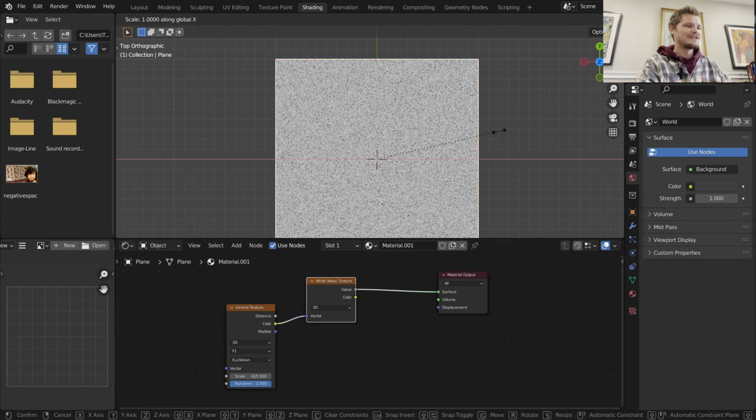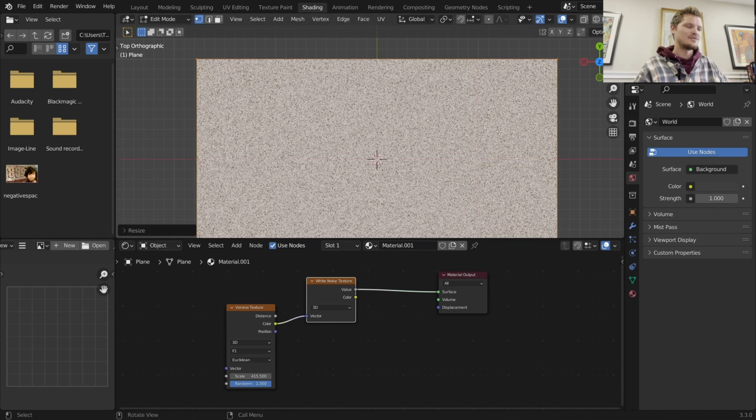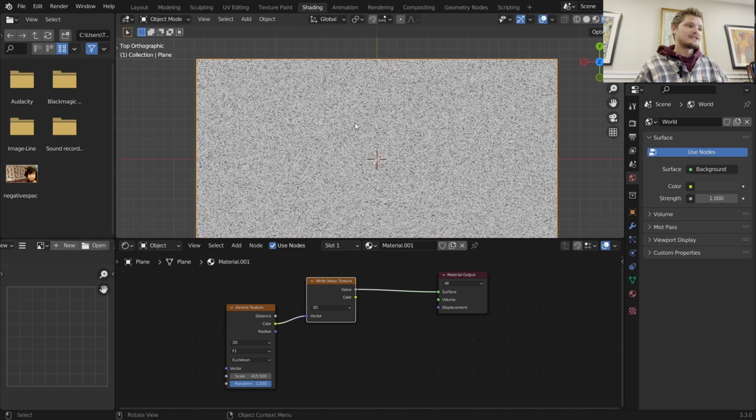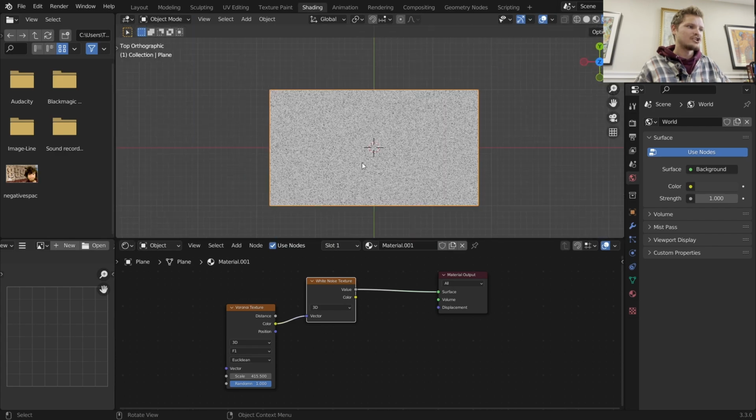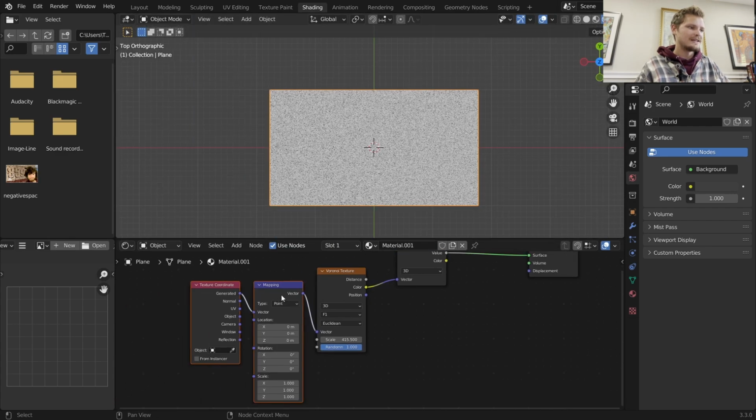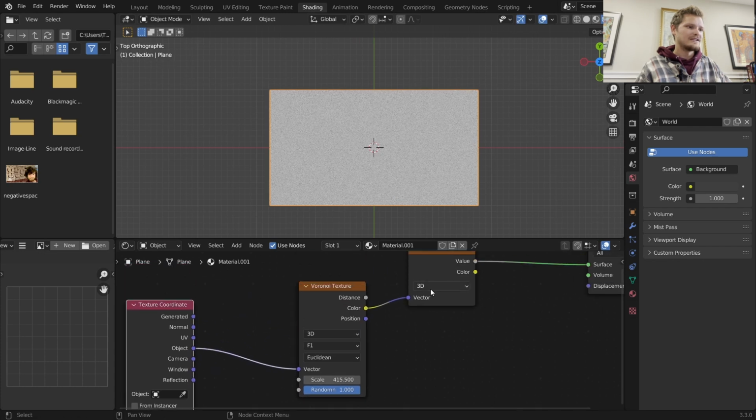Congratulations. I'm going to scale this up in edit mode by 1.778, so we have a 16 by 9 aspect ratio thing. This does technically stretch the coordinates. If you care about that, just use object coordinates instead. Finally, take 3D, make it 4D, and type in hash frame divided by